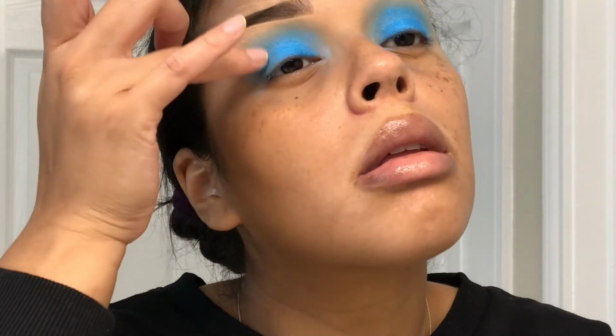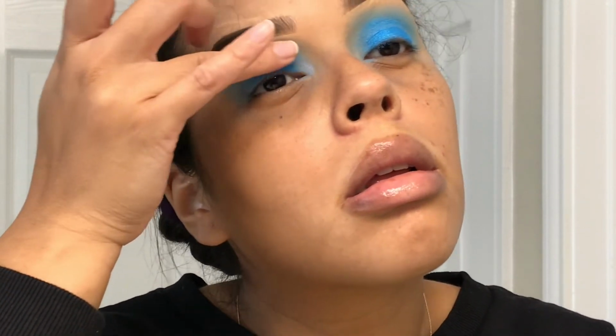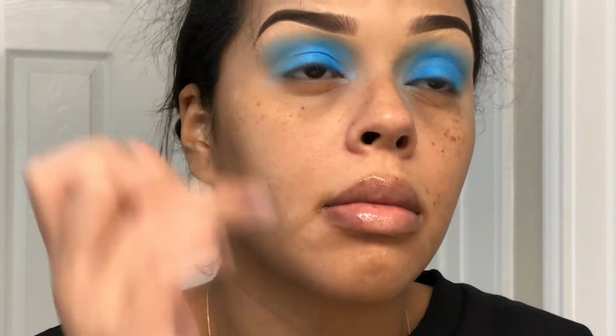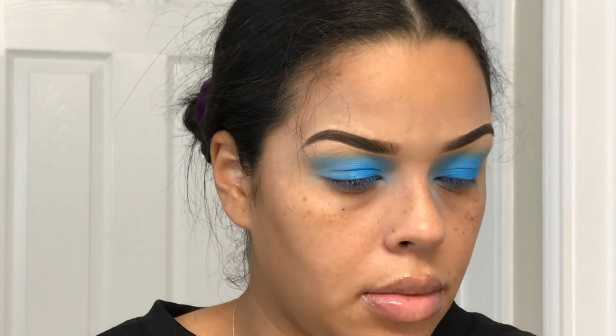But I think your hands as a makeup applicator is just perfect because your hands really warm up product in a way that it melts into your skin like no other applicator can do. So that's what I did. I applied it with my fingertips. I'm just making sure now that it looks good before I move on. If I do choose to move on,